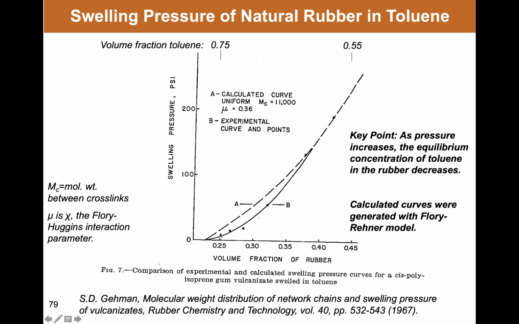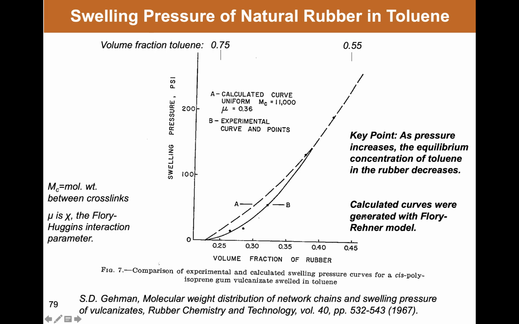And just as a bit of foreshadowing, the Flory-Huggins model is used to make a prediction of this swelling pressure. So again, we can use thermodynamics to analyze these data, and it's a cross-linked rubber, and so he's actually using the Flory-Rayner model, which accounts for cross-linking. This is the molecular weight between cross-links. What he calls mu is what most of the world would call the Flory-Huggins chi